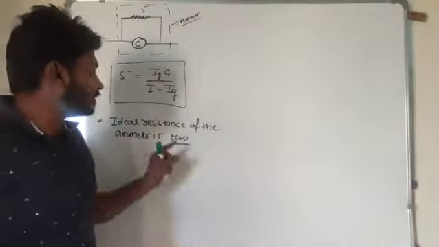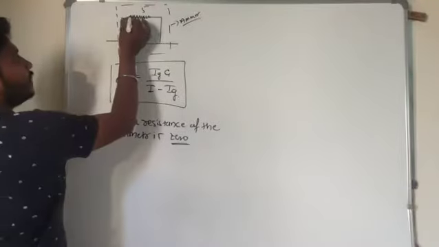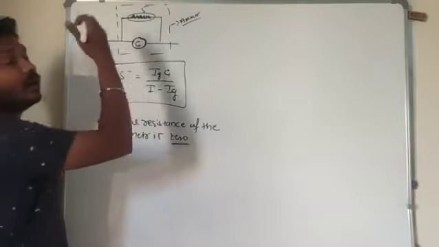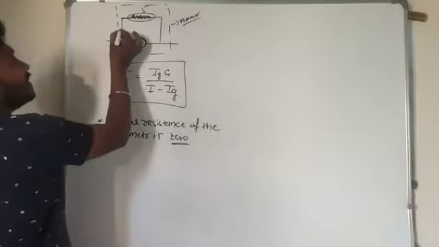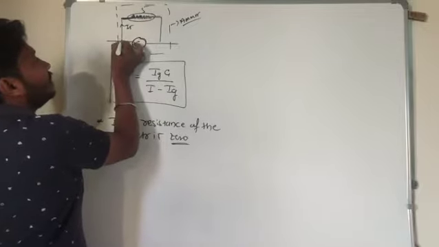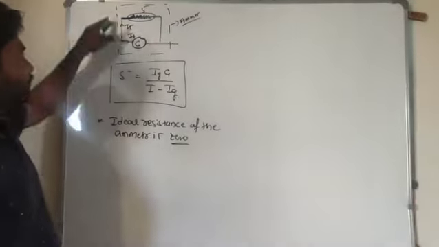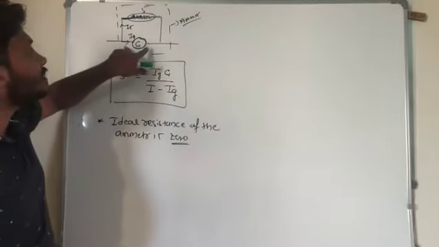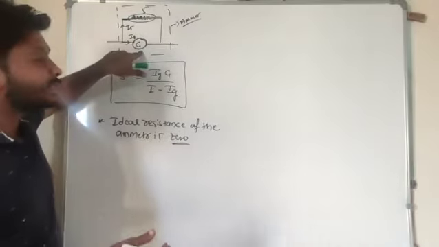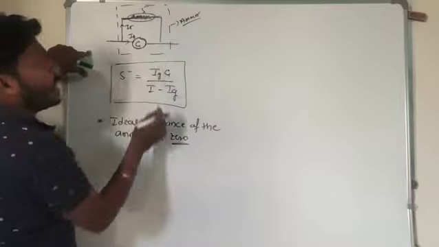Why must the ideal resistance of the ammeter be 0? Because look at here. If this is 0 resistance, if it does not offer any kind of resistance, the maximum amount of current will pass through here. A very low amount of current will enter the galvanometer. Here my intention is that I don't want to damage this galvanometer. It means that the maximum current should pass through this low resistance wire only.